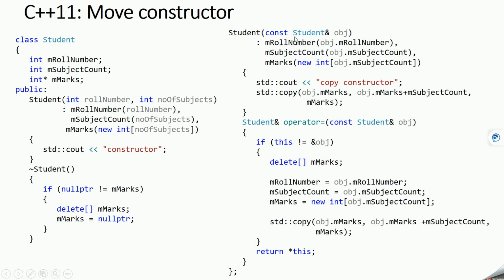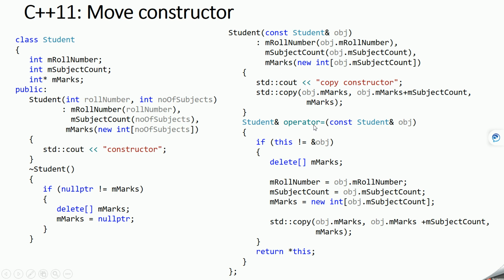Next, this is a copy constructor which takes an object, and using this object we initialize the roll number, subject count, and marks. Here also for marks we are creating memory, and then the contents of the object's marks are copied to this newly created marks.